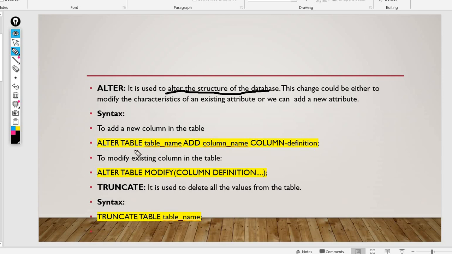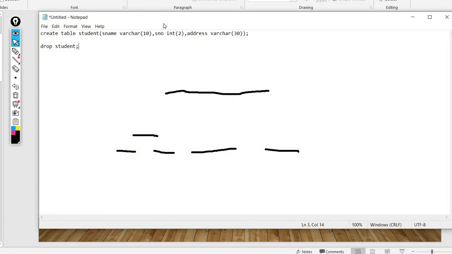So the syntax of this alter will be, if you want to add any new column, you will give alter table, table name, add column name, column definition. Okay. So for example, I will just give one command over here.